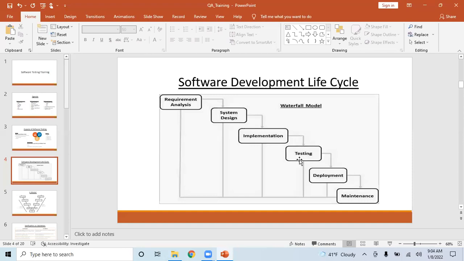Whereas in the testing phase, the major role is played by the tester, and developers can play a supporting role, and product owners can clarify some questions the testers have during the testing phase. So everybody will be involved in all the phases, but the level of involvement in each phase depends upon their role. Is that clear? Any doubts still here?